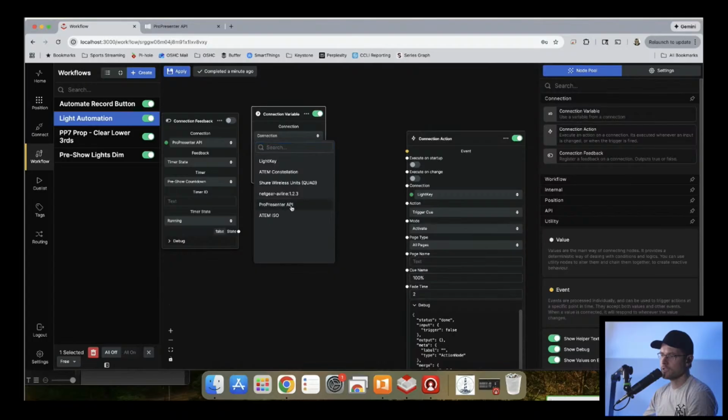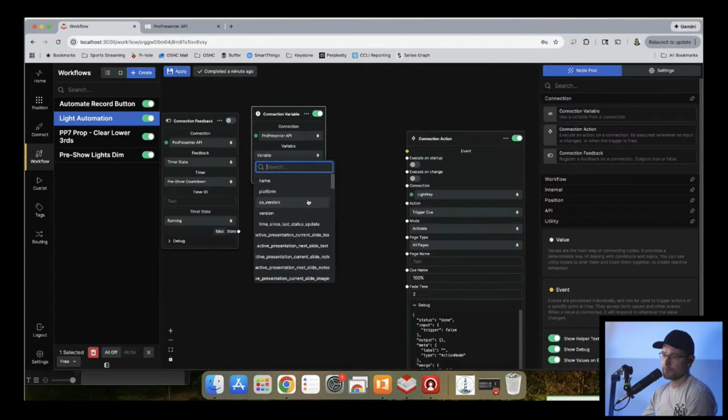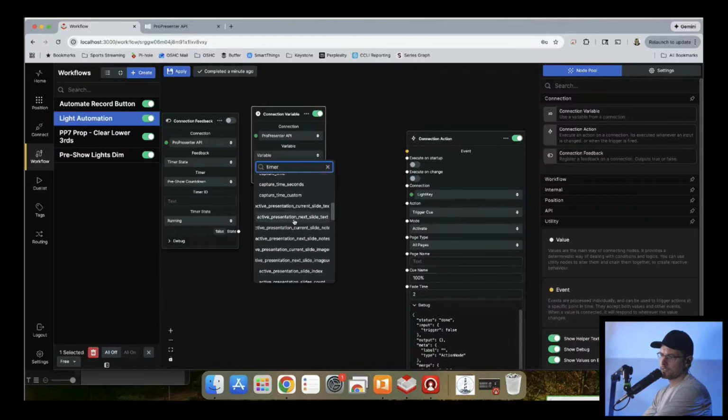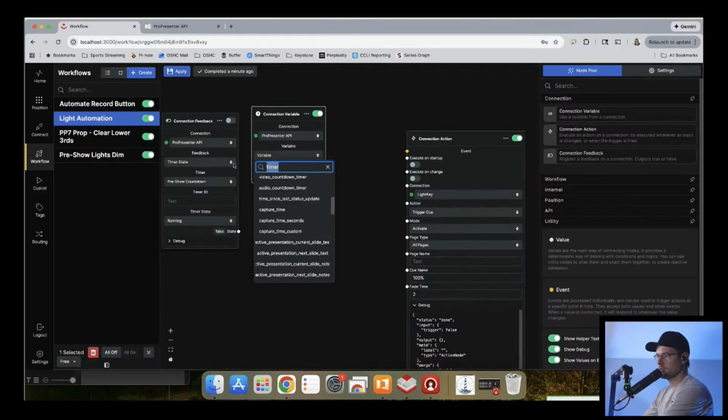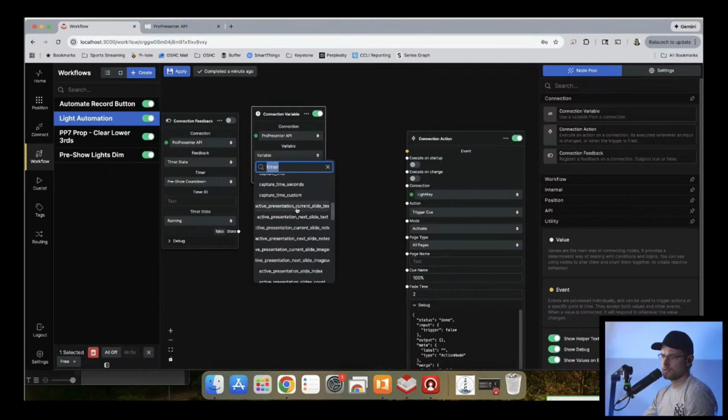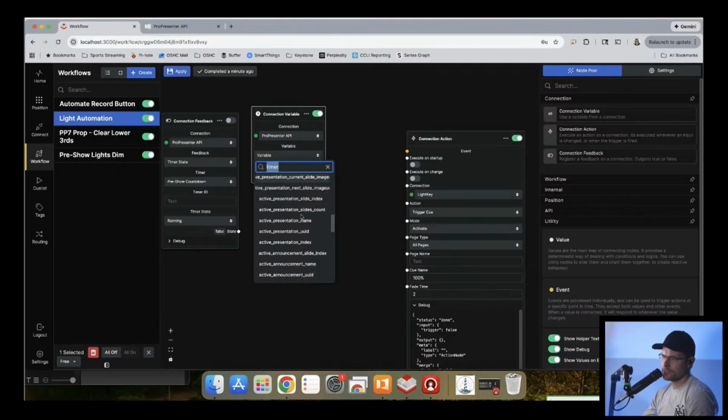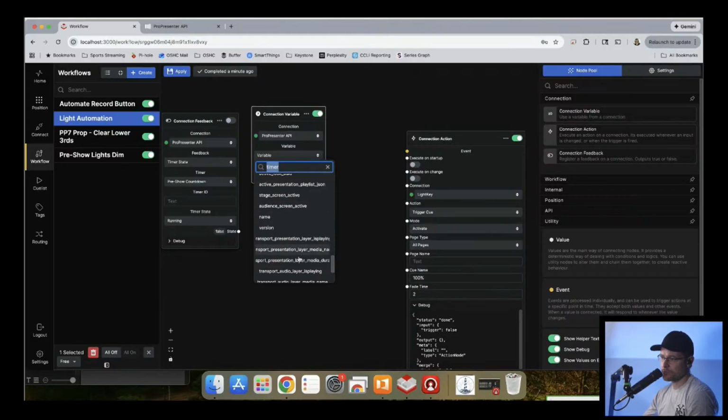Okay, so connection, ProPresenter. And the variable that we get is, do we have a timer? This is a lot of presentation, current slide, next slide, playlist, active look, stage screen, name, version, transport.